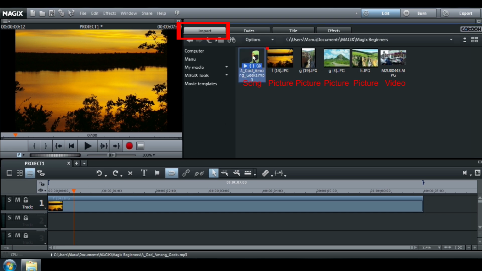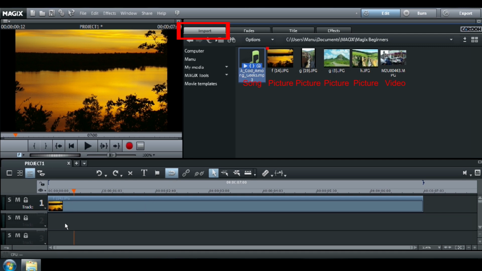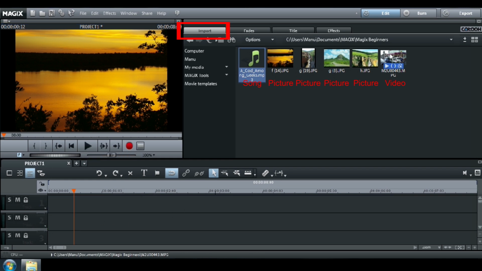Same thing for a sound or a song. Third example with a video file.